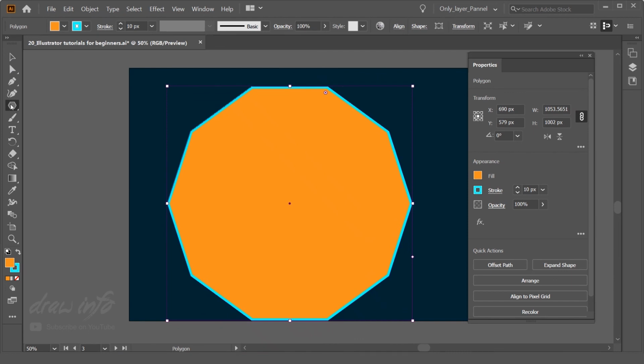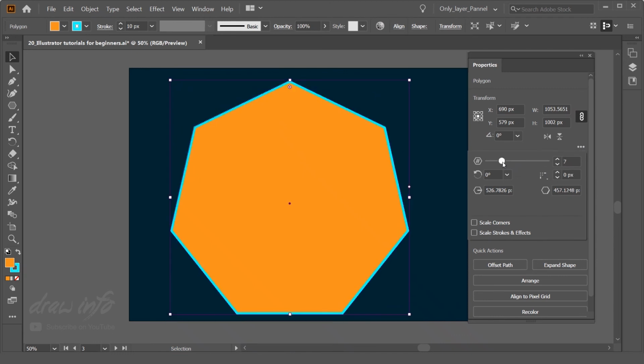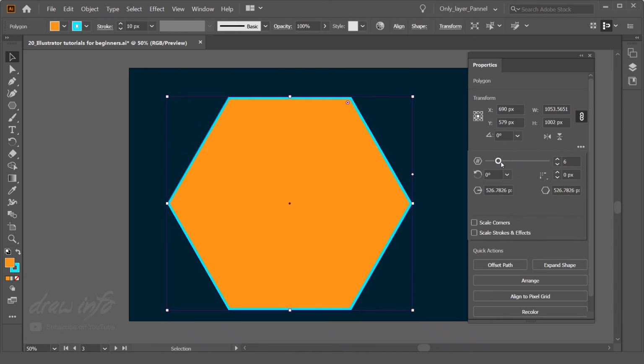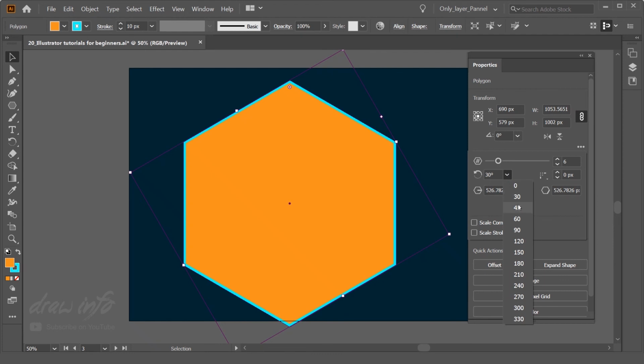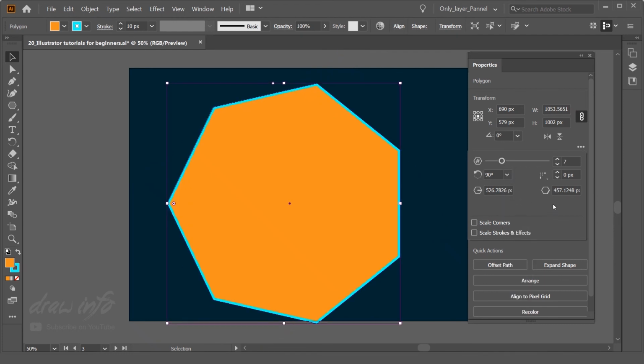If you click here and double click here, you see these are the properties you will get over here. You can control the edges, how many you want. You can have the rotation options over here, you can rotate it how you want,